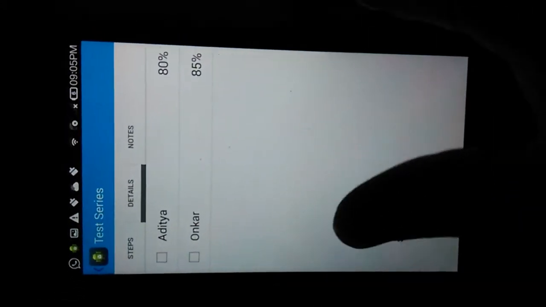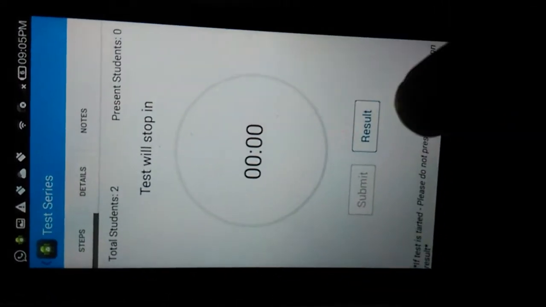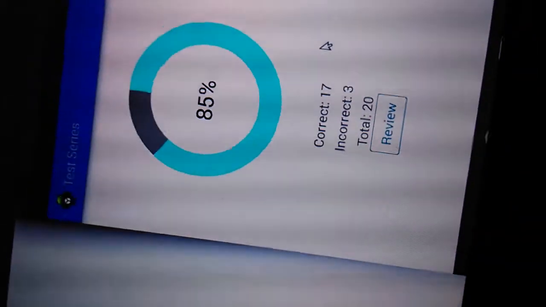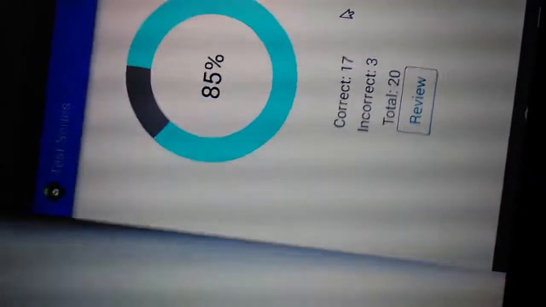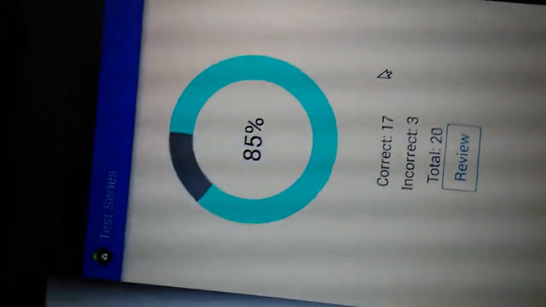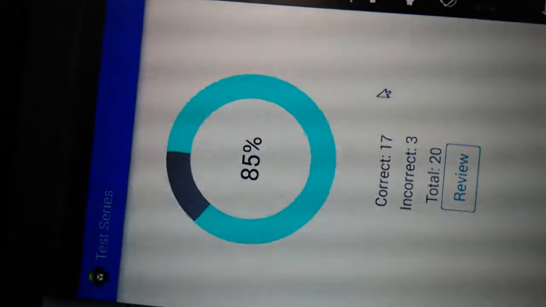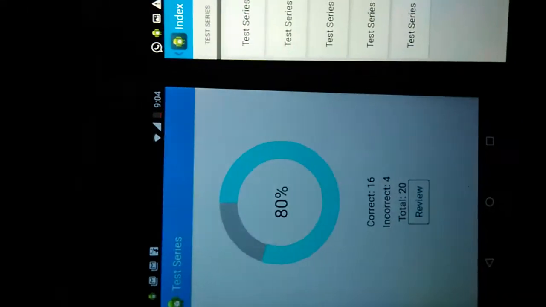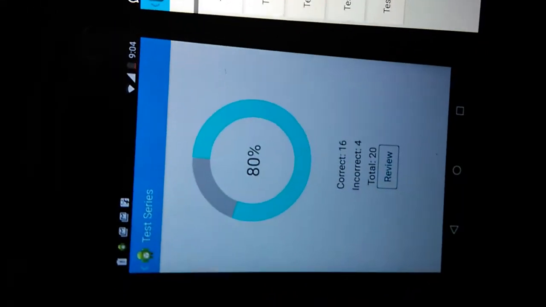Great. Now he will surprise the students by showing them the result. Omkar has got 85% and Aditya has got 80%.